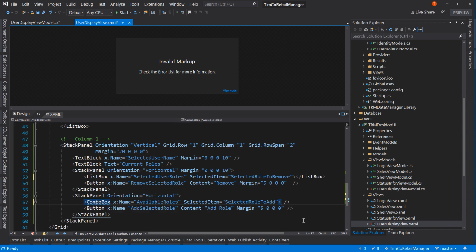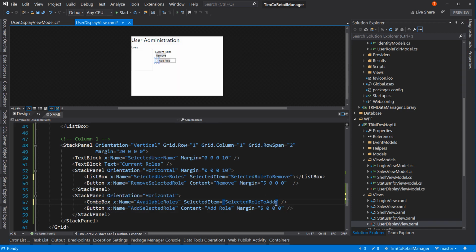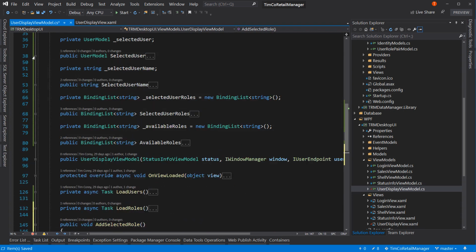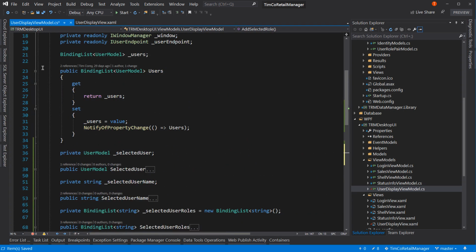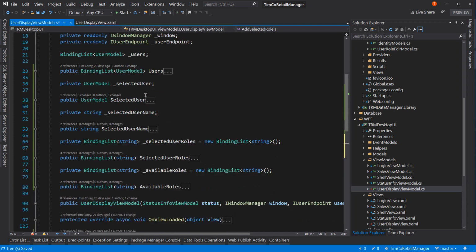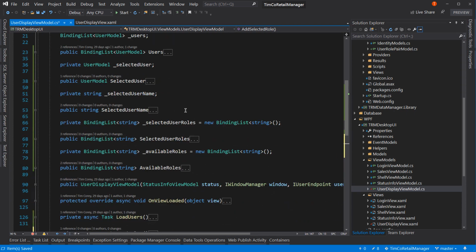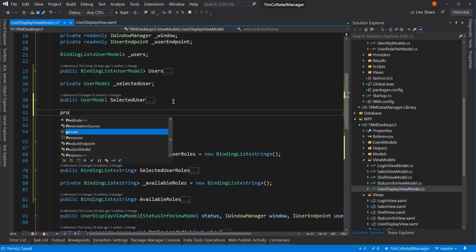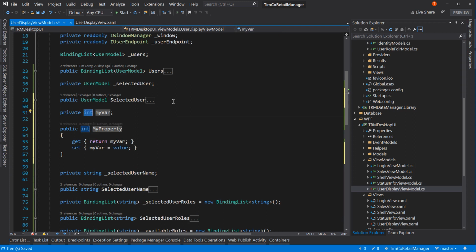It's not closed. I copied an extra closing angle bracket. Whenever this goes squirrely up here, check your code. It's probably you, not the designer that broke. Okay, so now we can create those properties to hold the different values. Let's minimize some of these things here. Wow, we're getting a lot of them here. But what we'll do now is we will say prop full